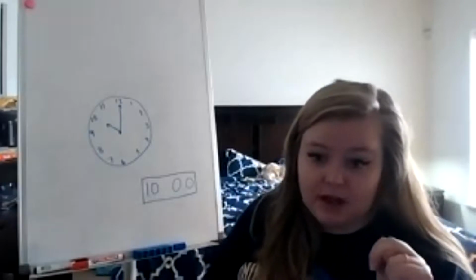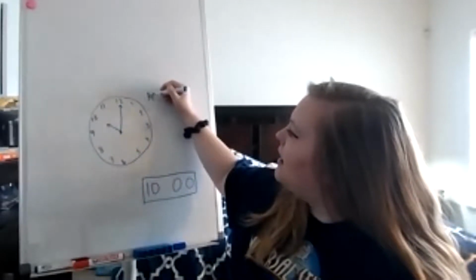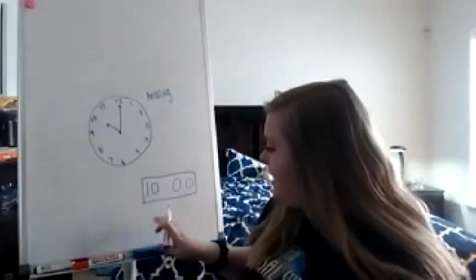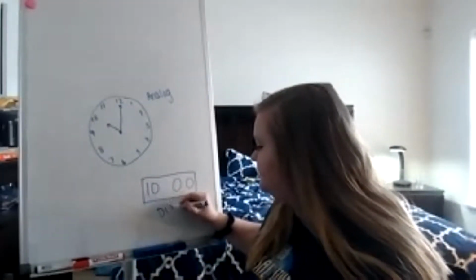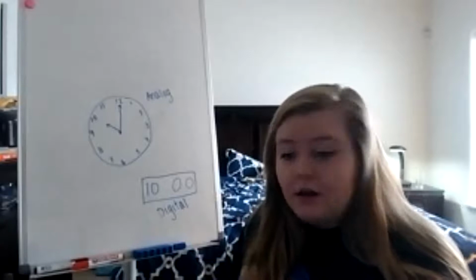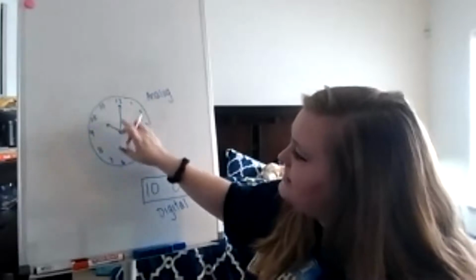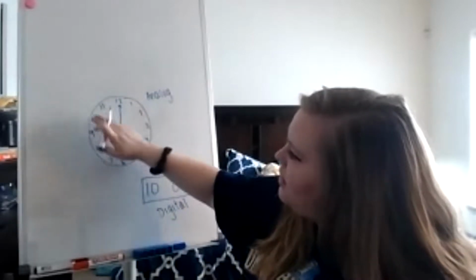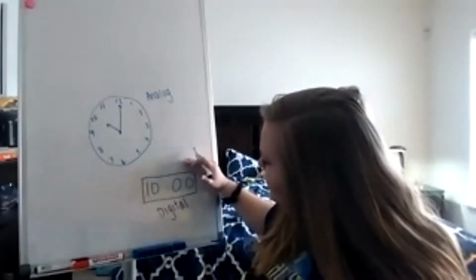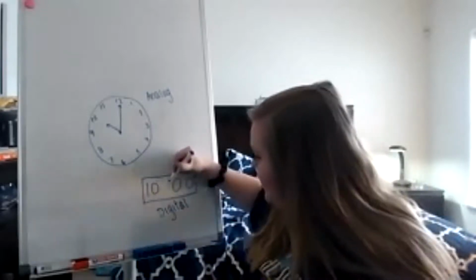There are two types of clocks. This is called an analog clock, and this is called a digital clock. The analog clock has the hands of the clock. These are called the hands of the clock, and they have all of our numbers around the outside of the circle. Our digital clock has the hour and the minutes separated by